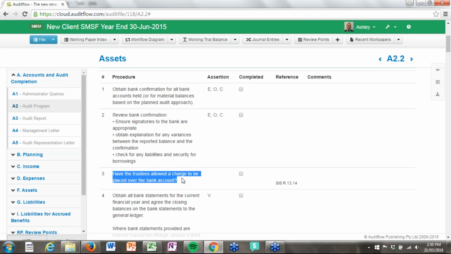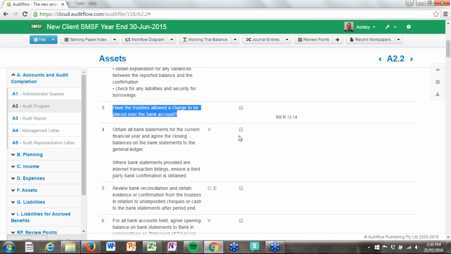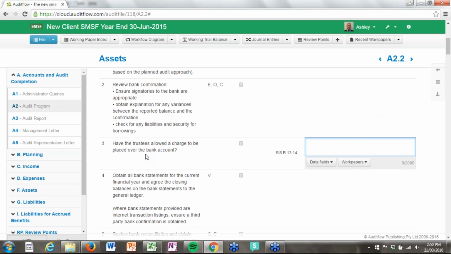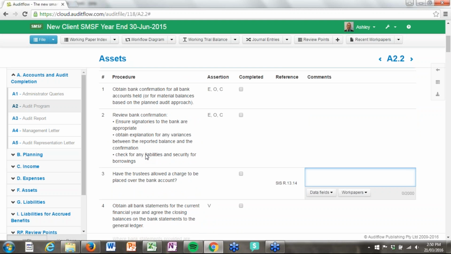Now the downside of that is, if you're going to do it that way, reset the page, you'd probably want to do it very early on in the process. Because if I, for instance, have completed work paper A2.2, I've marked everything as complete, I've put in my commentary, I've added my documentation, when I go to reset that work paper, it does just that. It resets this work paper to scratch, meaning all that work that I've done is lost,